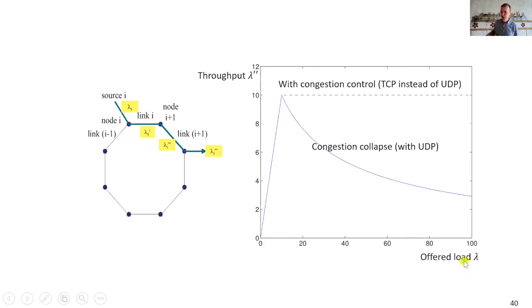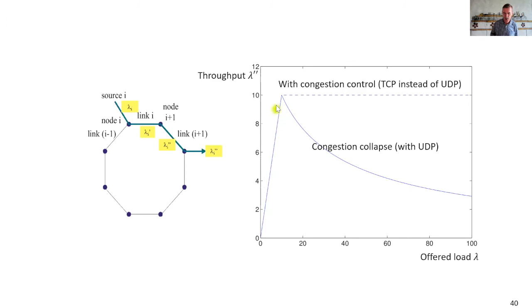Lambda is the offered rate sent by one source. If all sources send below 10 megabit per second, since every source is using two links, on every link there are two sources. So if every source is sending less than 10 megabit per second, then we are below capacity. If we are exactly at 20, perhaps there will also be some queuing losses that might occur. But if we are below 20, there will be no loss. And this is this curve that is given here. Here there is no loss, which means all the traffic that's injected into the network goes out of the network. And therefore,